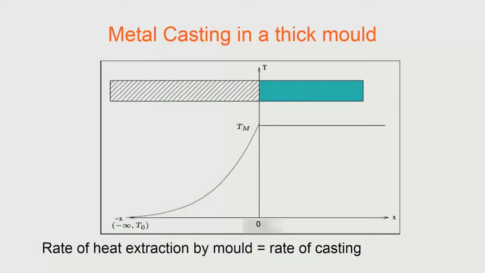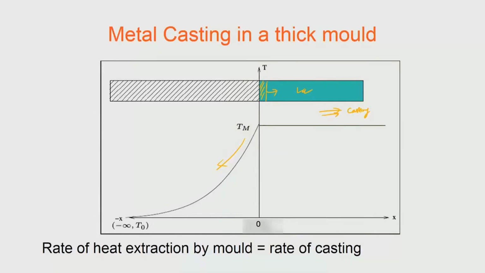Okay, so now we go ahead and use this idea, that you are having a thick mold and a liquid metal, and when the solidification is happening in a casting, how would we characterize the rate at which the casting is happening, and dictate that by the heat flow. So, you could see that the casting is happening in this direction, the solid is actually growing. It would grow in this manner, this is all solid and these are liquid, and the casting speed is related to the ability of heat removal through the mold, and we want to see whether we can use some of the solutions we have obtained till now